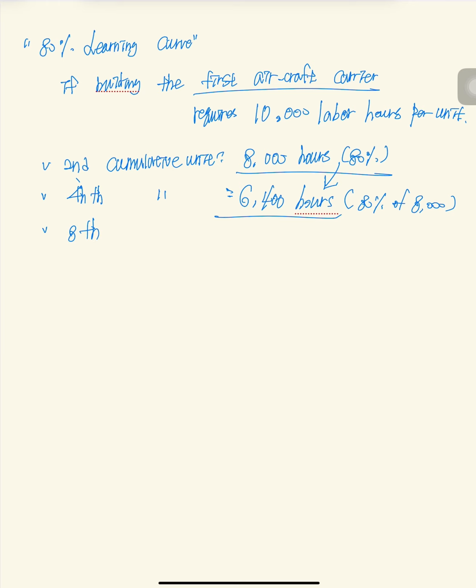The eighth is 5,120 hours from this result. Then the 16th, 4,096 hours from this. So a competitor entering the market later cannot replicate this accumulated learning simply by building a